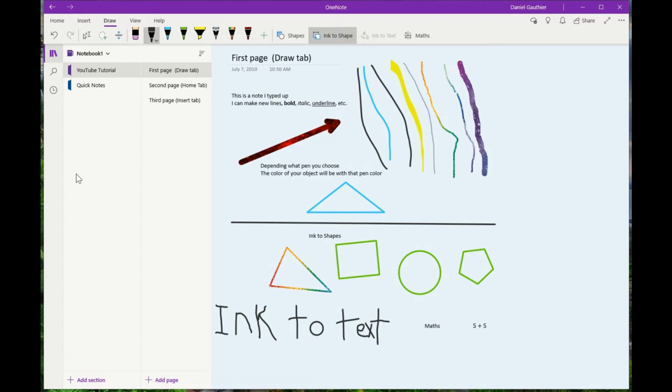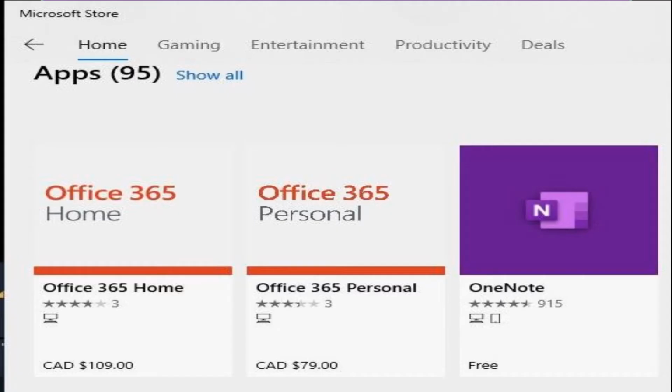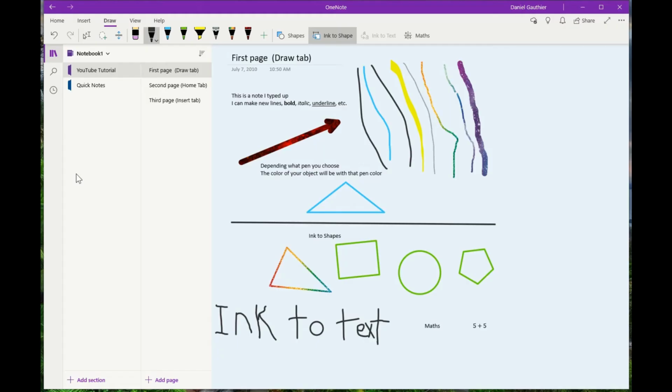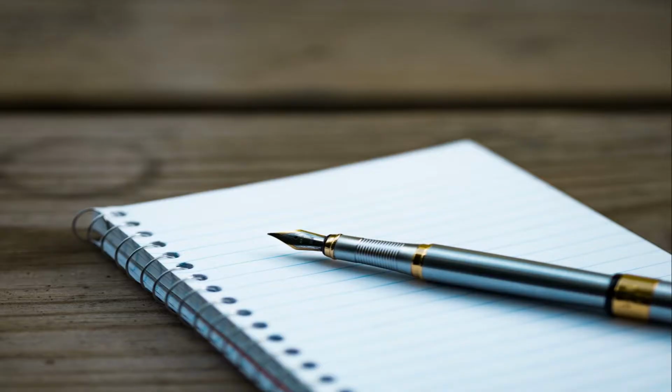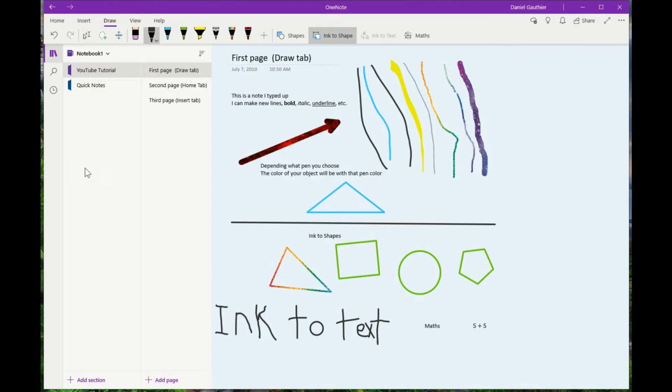So Microsoft OneNote, it comes with Windows by default. It's pre-installed, and if it's not installed already, you can get it from the Microsoft Store. And it's a free program, and in this version of it now with Windows 10, it's tied to the cloud, so you're not using it locally on the computer. The information is stored in the cloud in your Microsoft account, and the benefit to that is that you can access the information from your phone and other devices. So it's like a notebook that you would take notes in, and you can put pictures, text, charts, all kinds of stuff. So let's break it down.